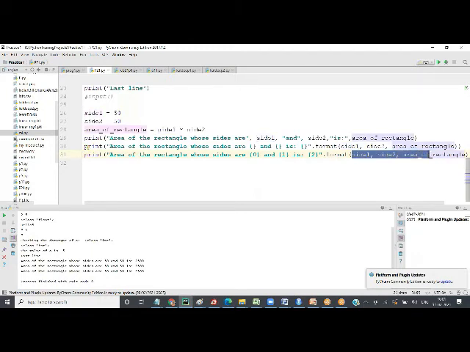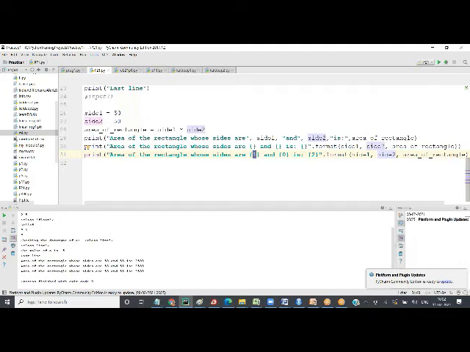Now let's say I want to print side 2 here, so I'll say 1. And I want to print side 1 here, so I'll say 1, 0, 2. It means here I want the second parameter. By default it is in the same order 0, 1, 2, but you can play with the order.